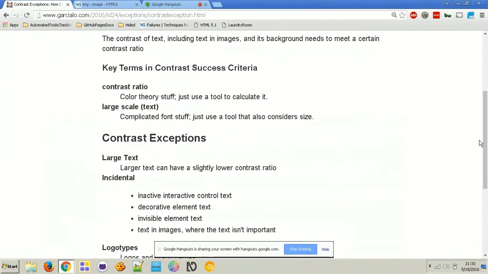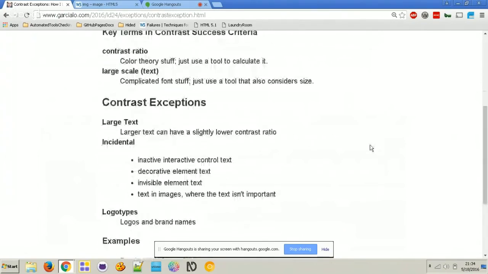So the tools that will do that are like Axe by Deque, or the Google Accessibility Developer Tools. Those will both consider the size of the text itself when determining whether to apply the contrast ratio minimum for normal text or for large text. The tools will do it for you. Don't sweat it. Don't feel like you need to know every single little bit of the color theory stuff or the weird font calculation stuff.